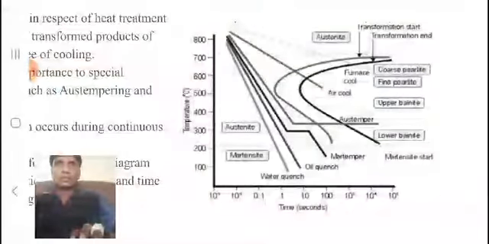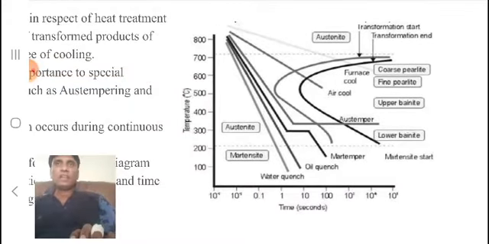Whereas in the continuous cooling curve, we are continuously cooling it and we are not quenching it. So it only depends upon how fast we cool. This is called the cooling rate. Isothermal is different and continuous cooling is different, but the curves used in both processes are TTT curves, that is time temperature transformation curves. So this we should keep in mind.